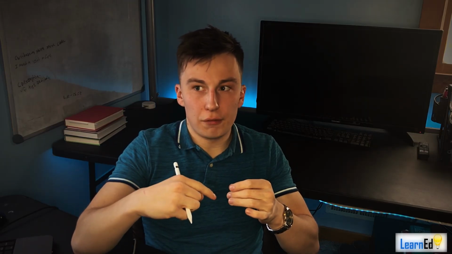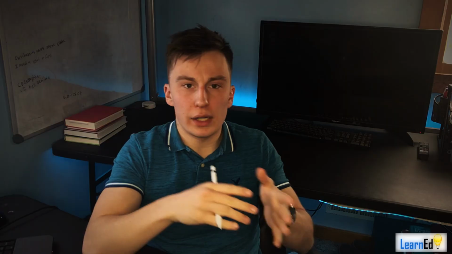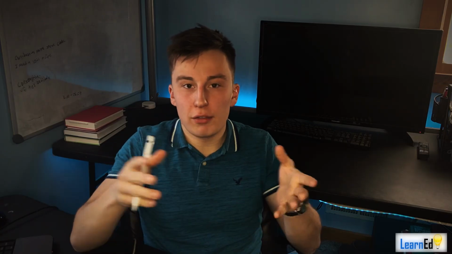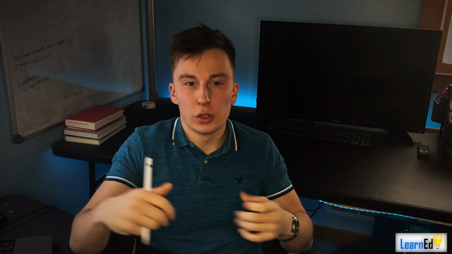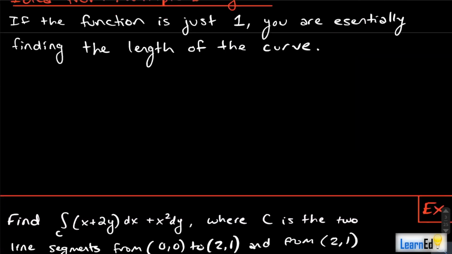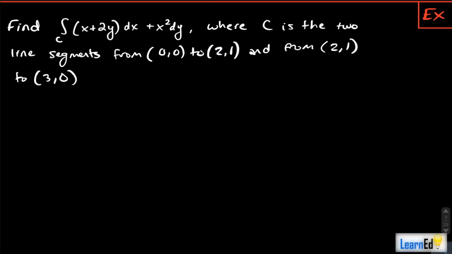Instead of having an area, let's put it this way. Area is length times width. If your length, which we'll think of as the height, is 1, then you just have the width. In other words, you have the length of that line. Hopefully that makes sense. That's just an idea I wanted to pass along quick before we begin our example, which is,